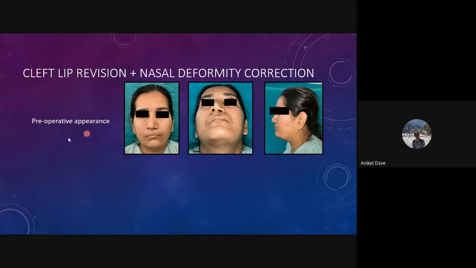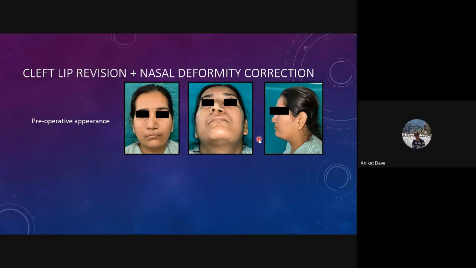Similarly, this is another 25-year-old female who came with a lip repair which had been performed in early childhood. And even though the lip repair appears pretty okay from the outside, whenever the patient spoke or we asked her to make a whistling kind of shape of the lips, there was a big depression in the region of the repair. This was because the muscles had not been approximated properly across the cleft lip repair. Also, she had this significant nasal deformity which had not been addressed. This is also partially because the muscles had not been repaired properly earlier.